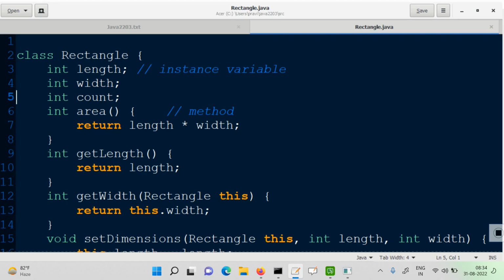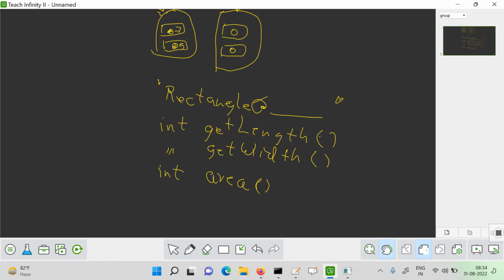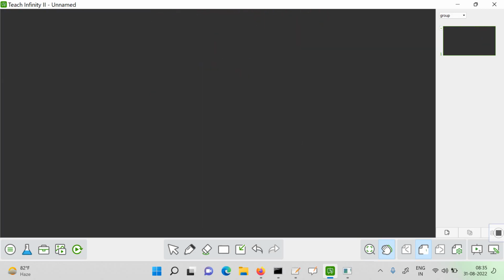Okay, let's try to see it through a figure. Let me show it. Let's check how it will be done. What's going on here? Let's see. Now,